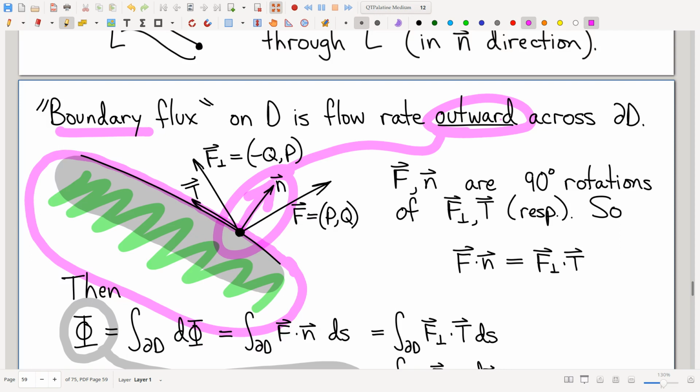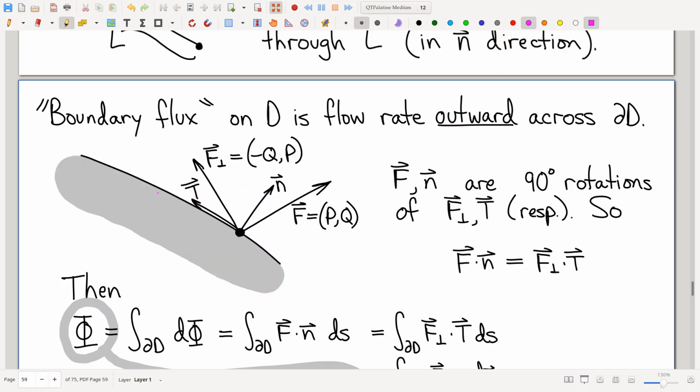Okay, how we doing, right? So the boundary is oriented outward, everybody willing to accept that? Okay. All right, well, we know already that if I look at some little piece of this boundary, some little segment here,